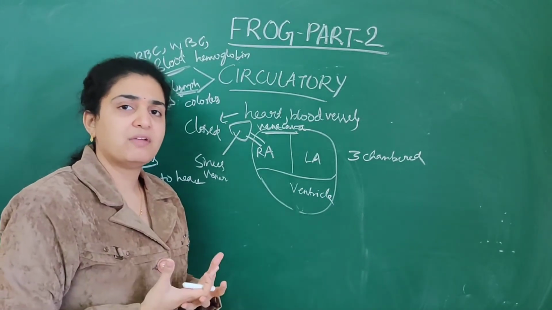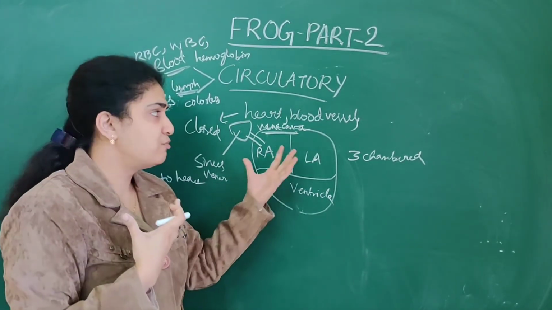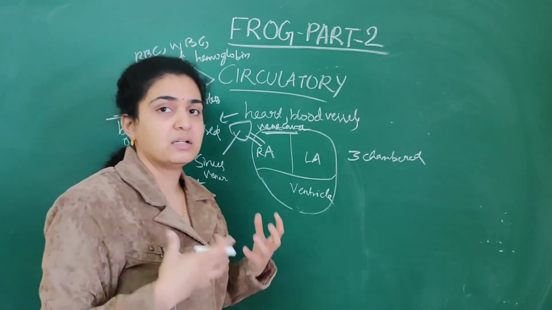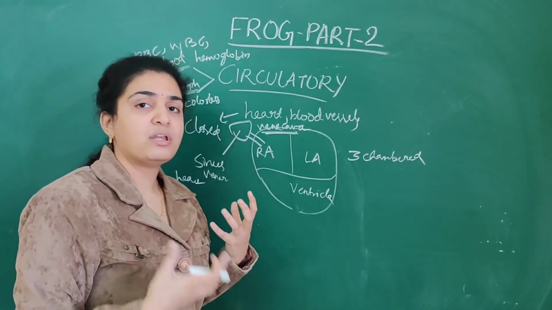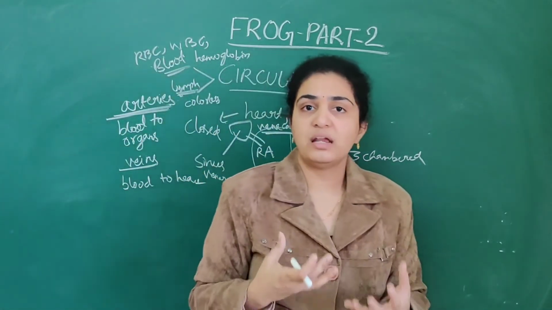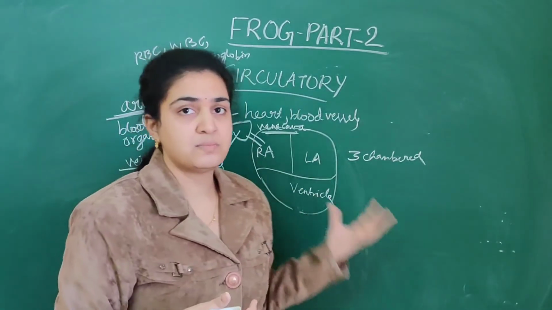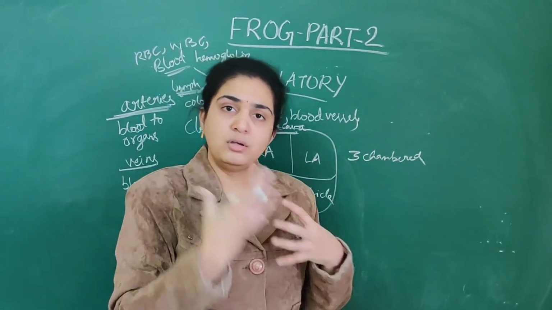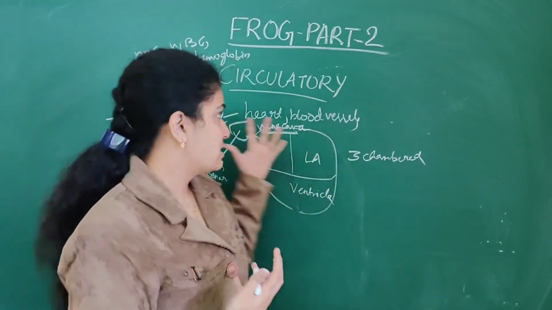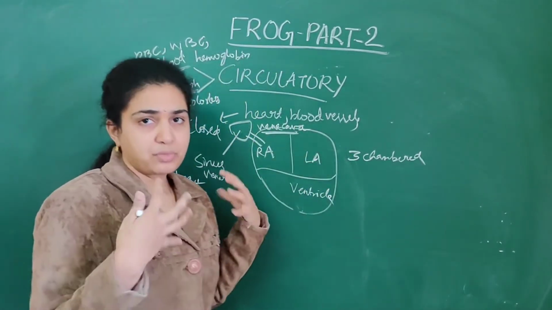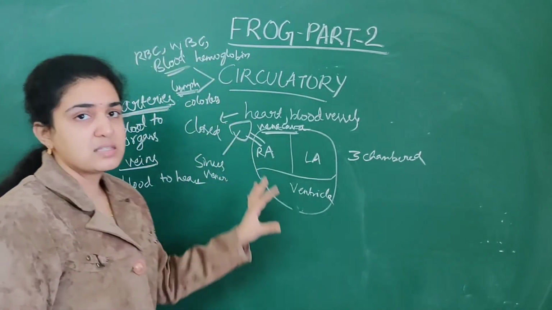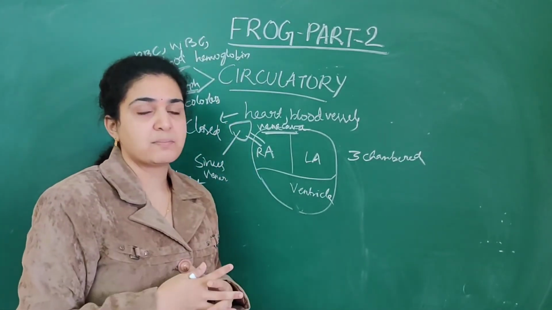Lymph also has lymph vessels as well as lacteals. How do they play an important role? They also help in transportation of nutrients as well as hormones. In the frog also, numerous transportation should take place, and that all will take place by this lymph. So this is about the lymph mainly, and this is about the circulatory system.